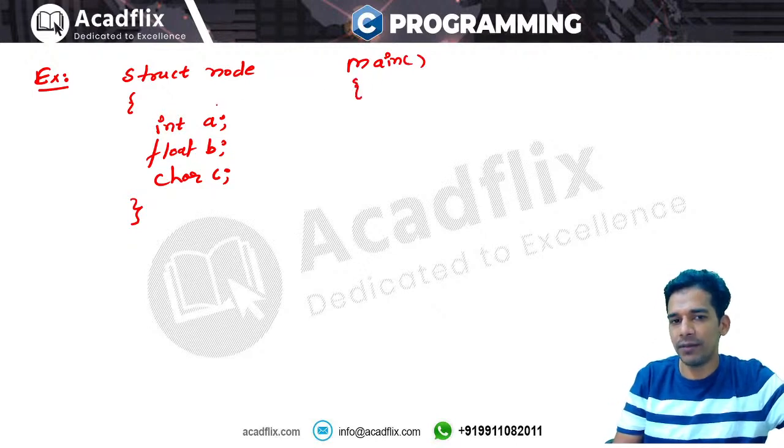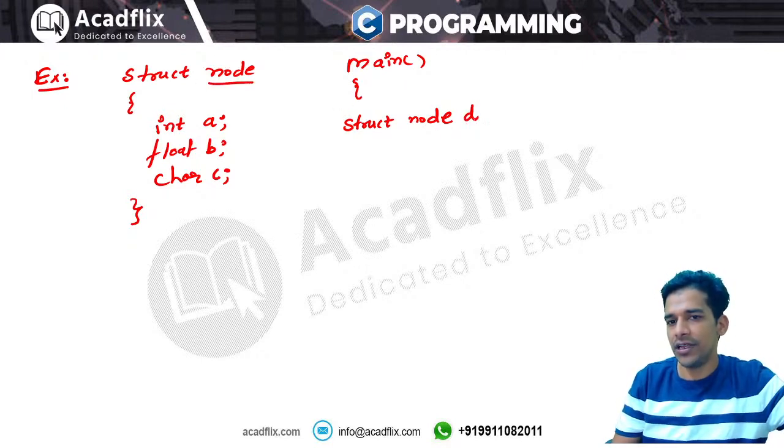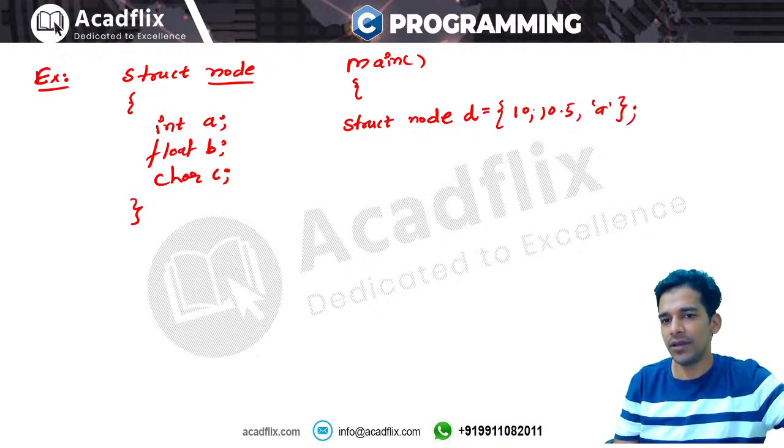अभी आपने बस क्या किया है, अभी आपने कंपाइलर को ही बता दिया कि मैं एक नया डेटा टाइप बना रहा हूँ नोड, right? So how will I initialize it? I will say struct node is a structure type, right? So node is a data type, and I'm declaring a variable d. So d is a variable of node type. Okay, node आपने एक नया data type बनाया है, so d is a variable of node type, right? So I'm initializing this variable d, and let us say this is 10, 10.5, and the third member is a character member, so this will be a. So that's how you can initialize all the members of a data type.